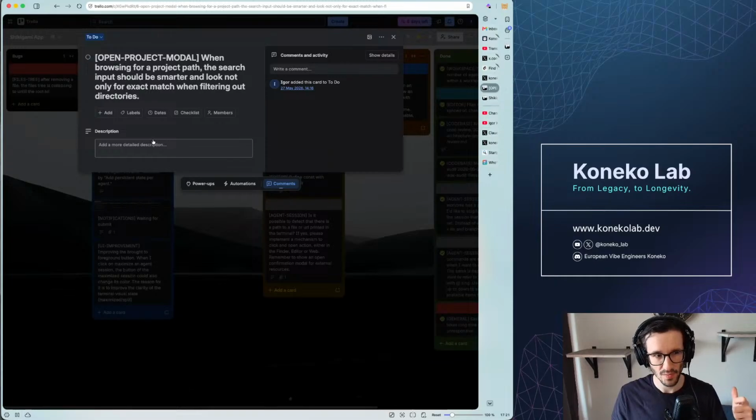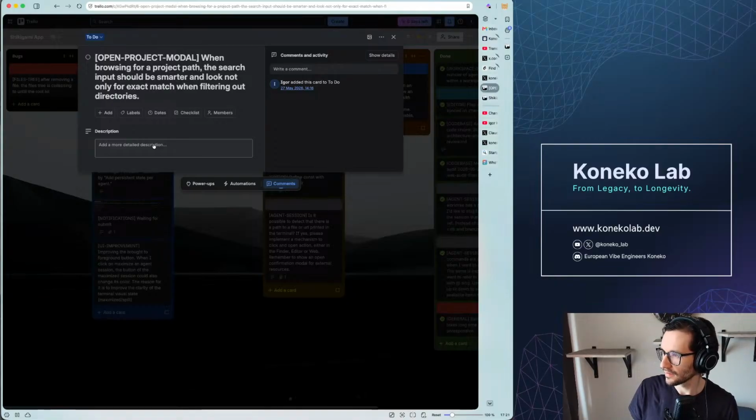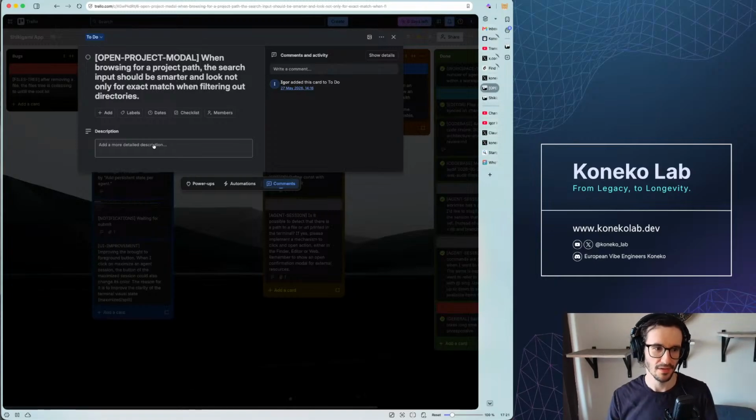Another small thing but important. Whenever you open a modal for a new project, to start a new workspace, you can either do it with a Finder or whatever file explorer you are using in your system, or by using the CD command and jumping from one directory to another.